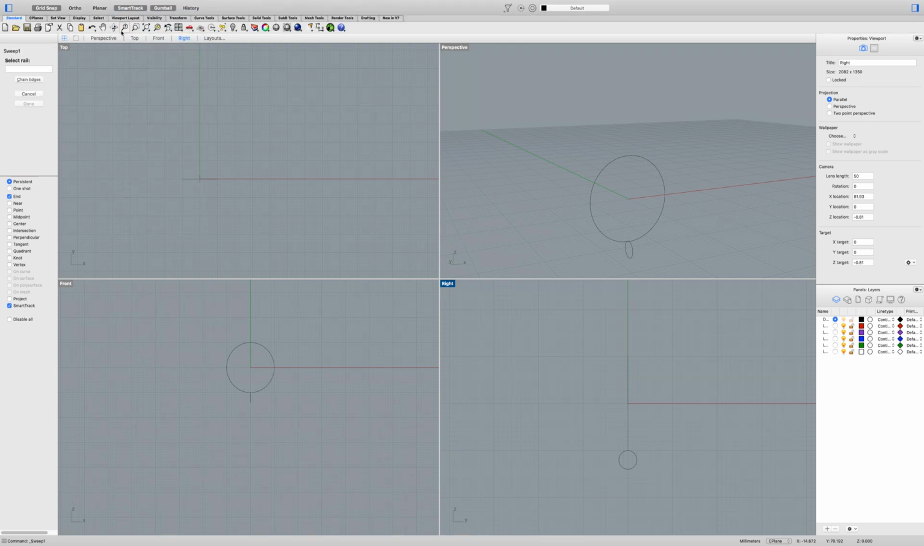Okay, I want to select from our ribbon up here, we want to select surface, sweep 1 rail, and I'm going to select our big circle because that's our 1 rail, and then our cross section, we're going to select our smaller circle. Okay, and then we just press enter,